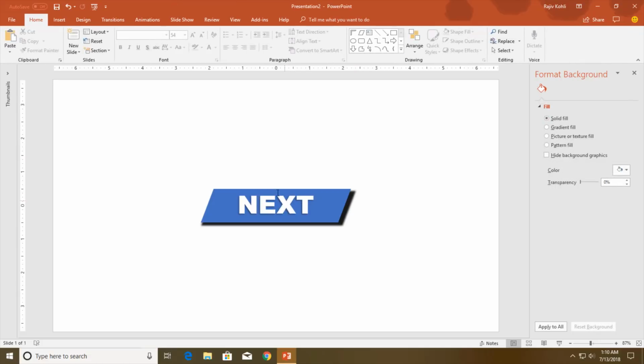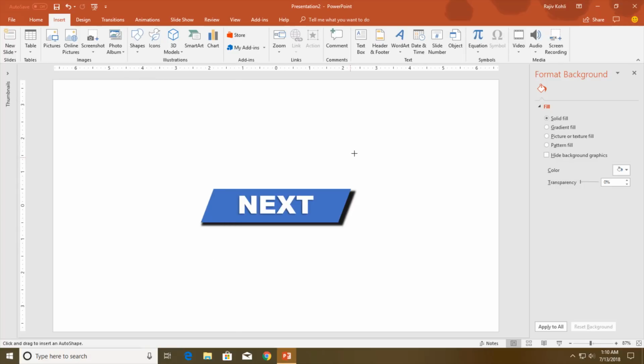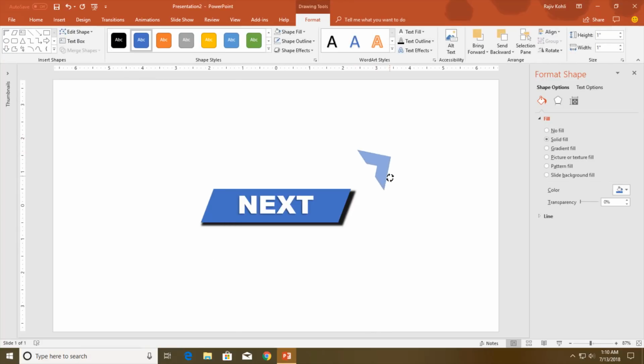Okay, now I am going to draw another shape here, and this time I am going to choose half frame, draw it right here and rotate it. Now here is fine. Yes. Now hold down the yellow buttons and reduce the width of the outlines.